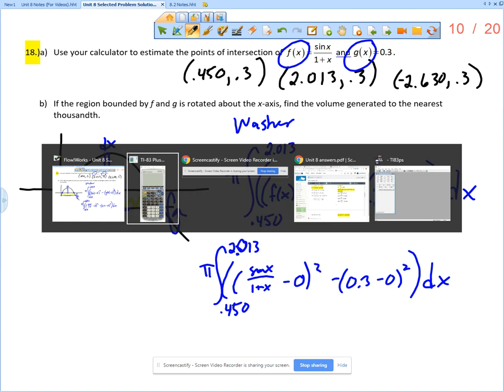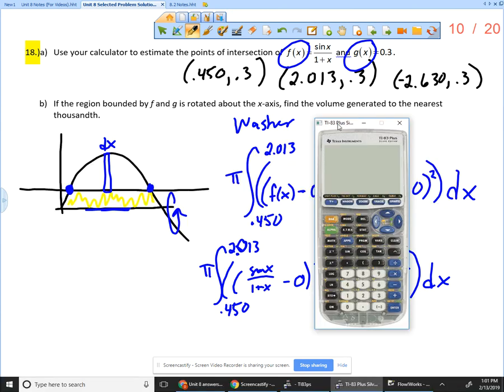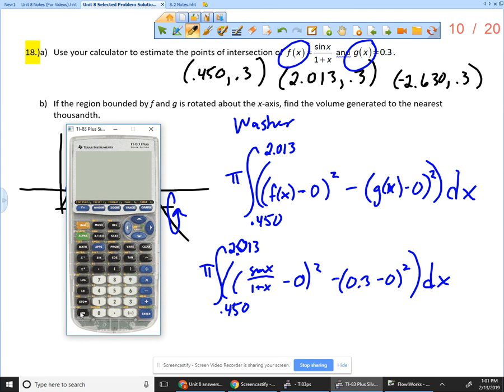All right, so we're going to go back to our calculator. So now I'm going to start off. I'm going to go to my normal calculate screen. All right, so I'm going to put pi. Then I have math 9, the integral. Okay, so now I'm going to take f of x minus 0 squared. You can type that in, or let me show you a really nice thing to do. You can take vars, y vars function number 1, y1. We've already graphed that, so it's already typed into y1, so y1 squared minus, well, y2,